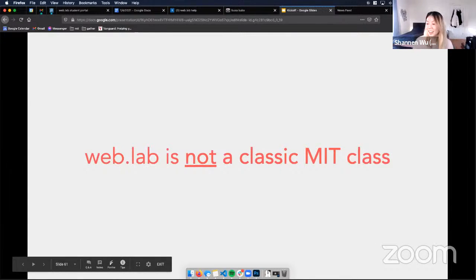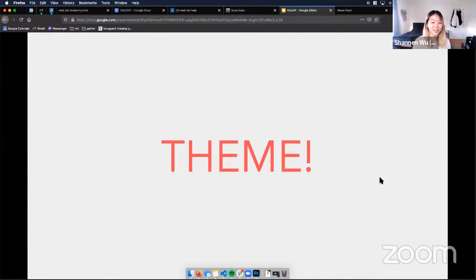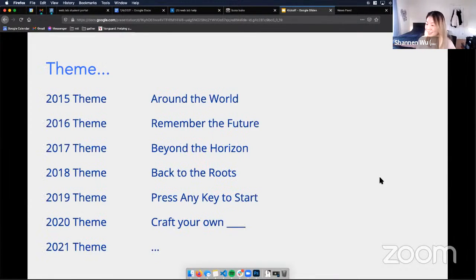Other things that set us apart is that we have a theme. So hopefully your final projects will have some tangential relation to the theme this year, which we will be revealing now. Well, not now, actually. Our past themes include Around the World, Remember the Future, Time Gets Worse in Here, Beyond the Horizon, Back to the Roots, Press Any Key to Start, which a lot of people created games for, and Craft Your Own Blank. We had a lot of DIY websites. And this year,